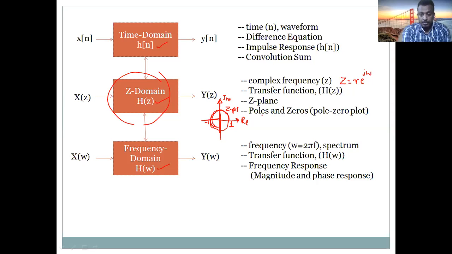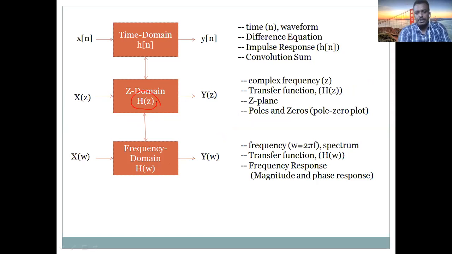And another important point we are going to discuss here will be poles and zeros of a system. All originated from what? All originated from the H of z. From H of z, you can determine poles and zeros. If you plot it on the z plane, you can determine the characteristics of this discrete time system. We'll discuss that using examples. Okay, before we come to the z domain,